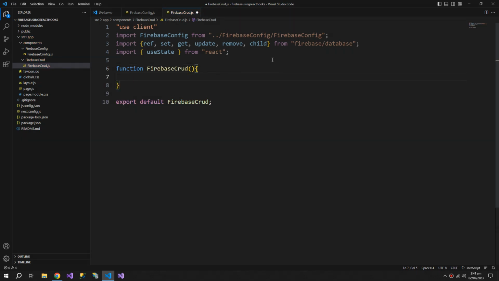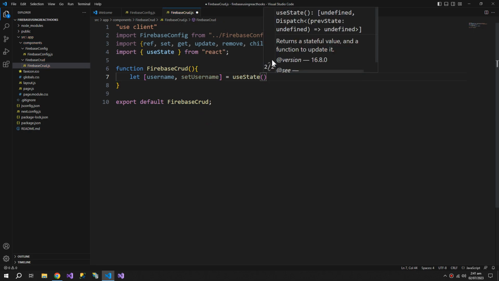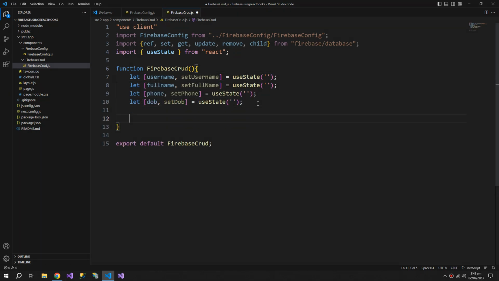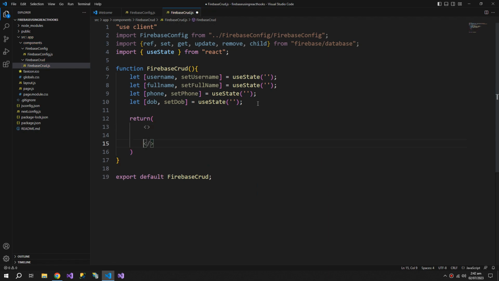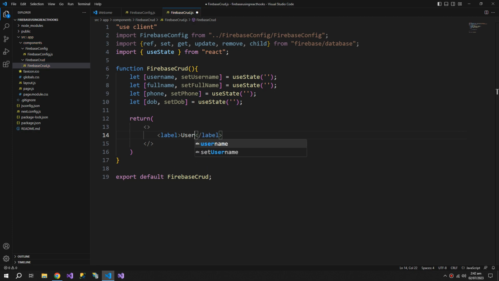Let's create some state variables. So let username and setUsername equal to useState, and the default will be blank. Now we will return some inputs with labels. So label username and input